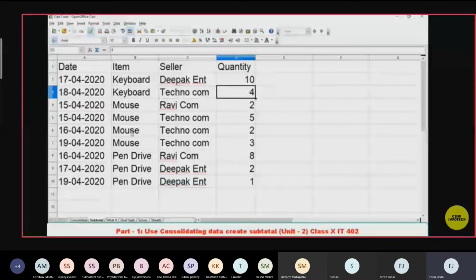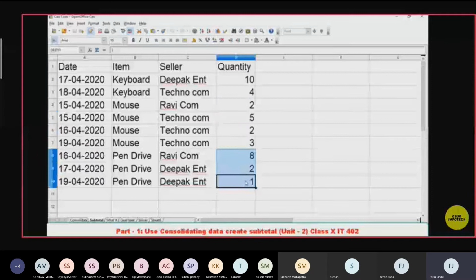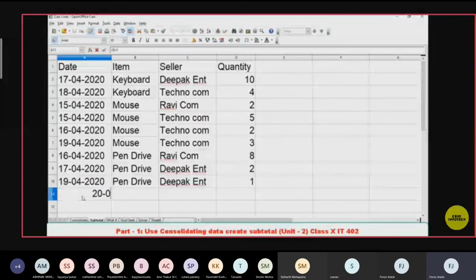In the same way, mouse is there, pen drive is there, all these things I have purchased, let us say. Now I want to see how many total keyboards I have, how many total mouse, how many pen drives. So separately, how will I see that? The best way for that is using subtotal. I want to summarize.